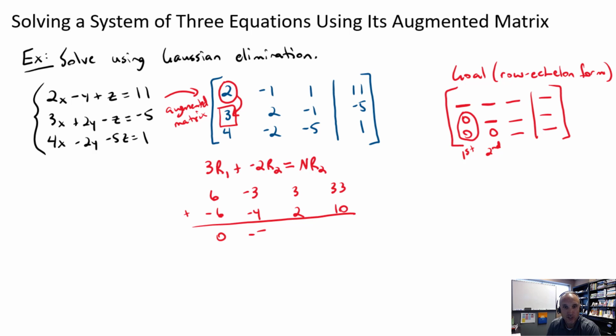-3 plus -4 is -7. 3 plus 2 is 5. And 33 plus 10 is 43. That's going to be my new row 2. Okay. But I also need to